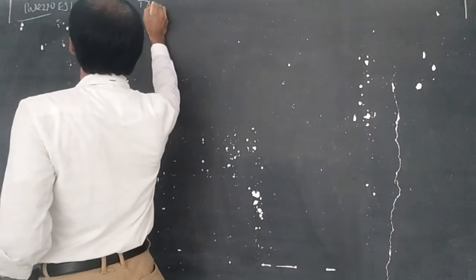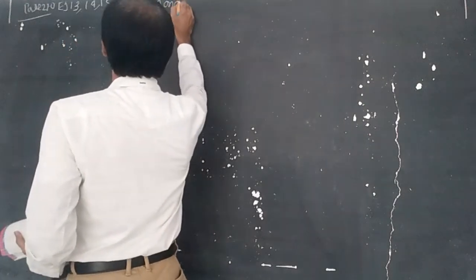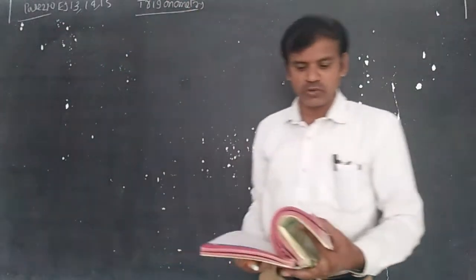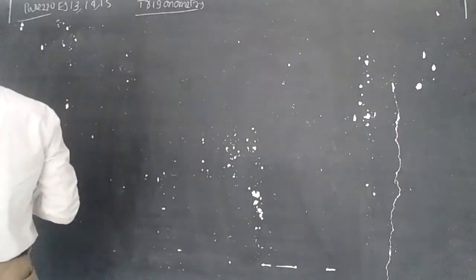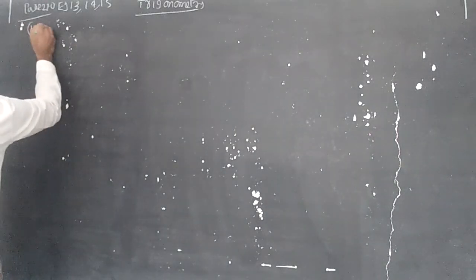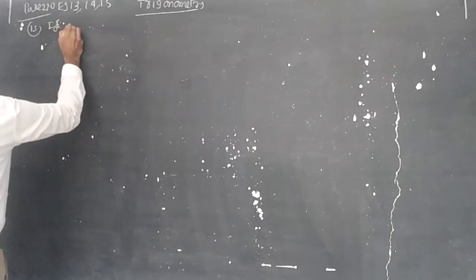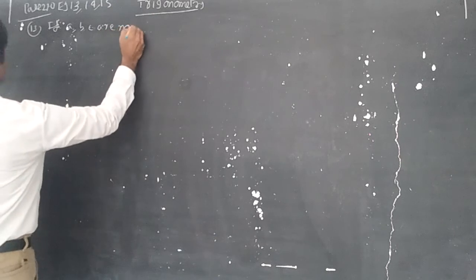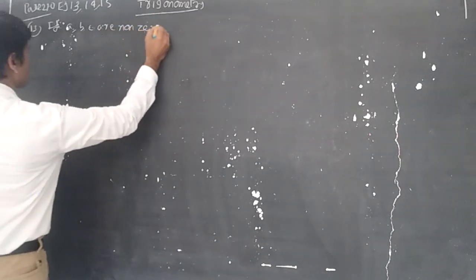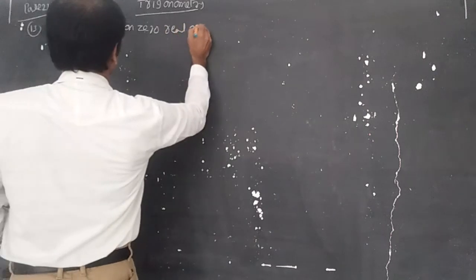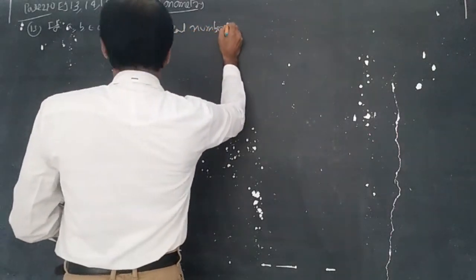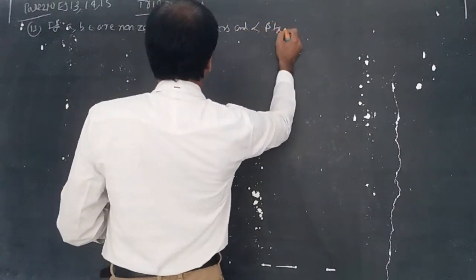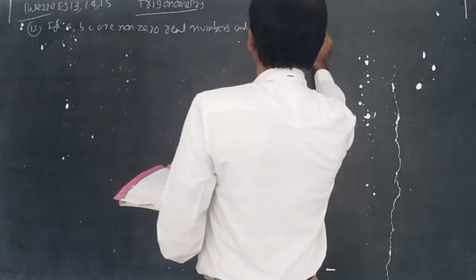We are handling the chapter Mathematics 1A, Trigonometry. 13th question, page number 270. The question is that if a, b, c are non-zero real numbers, and alpha, beta be the solutions